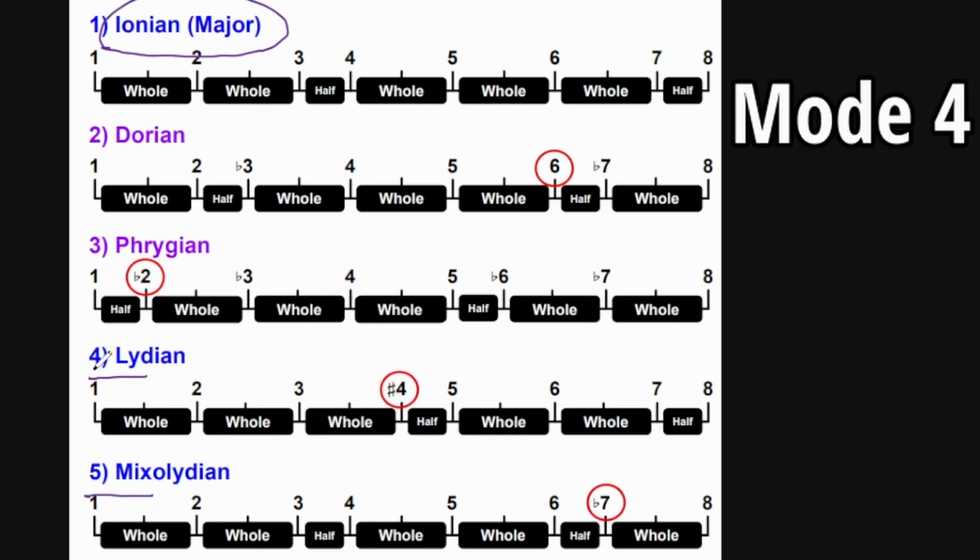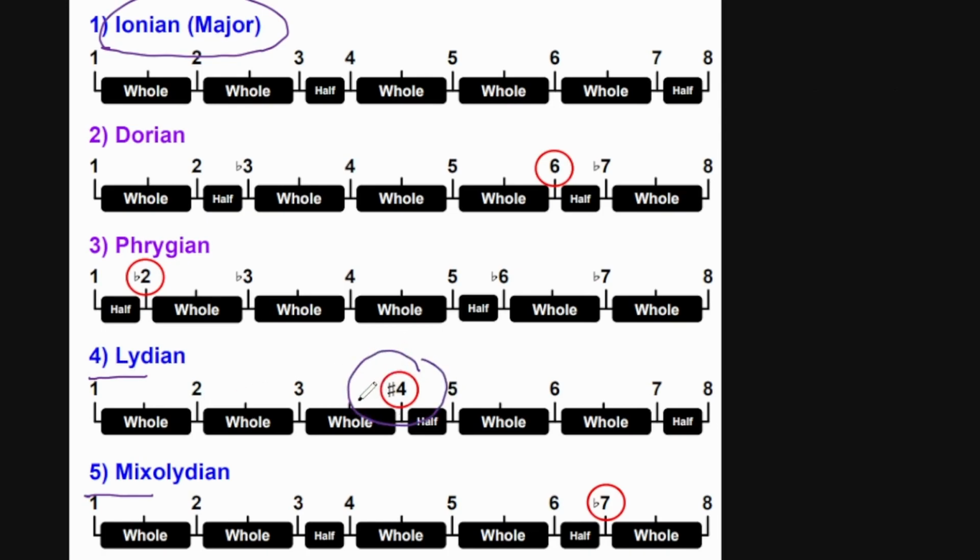So my 4 mode is exactly like the major scale, but it's got this sharp 4. If I wanted to play the 4 mode, I would play the major scale off of that note, but I'm going to go ahead and sharp the 4. Okay? So in the key of C, I would have my C major scale here, and here my 4 chord